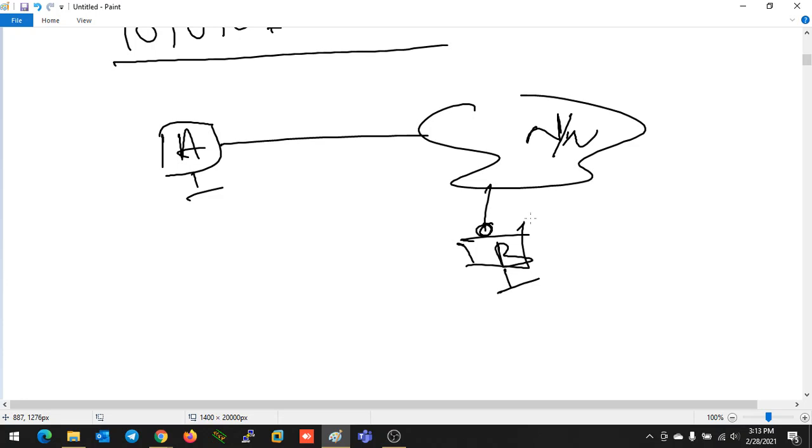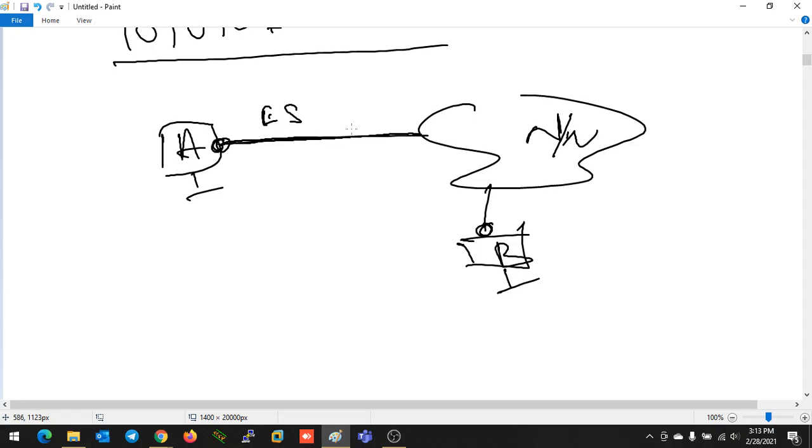How? See, what is happening when A is going to send some kind of data or messages to B? In the physical layer, what is A doing? A is generating the data into bits, and when the data is going to be sent towards the Ethernet link, through that transmission media, those bits are converted into an electrical signal.